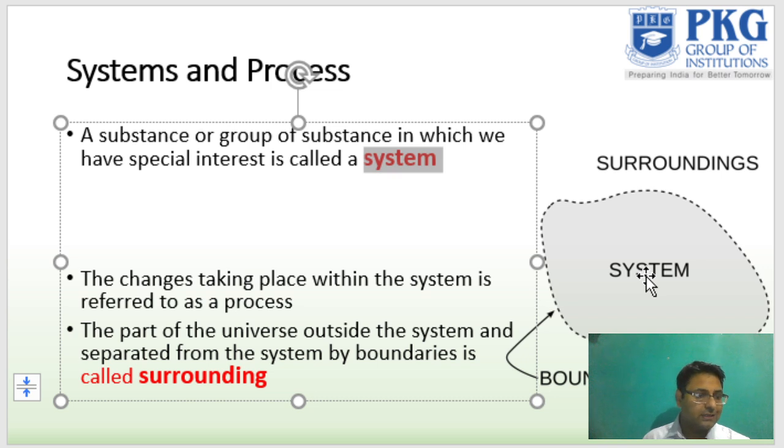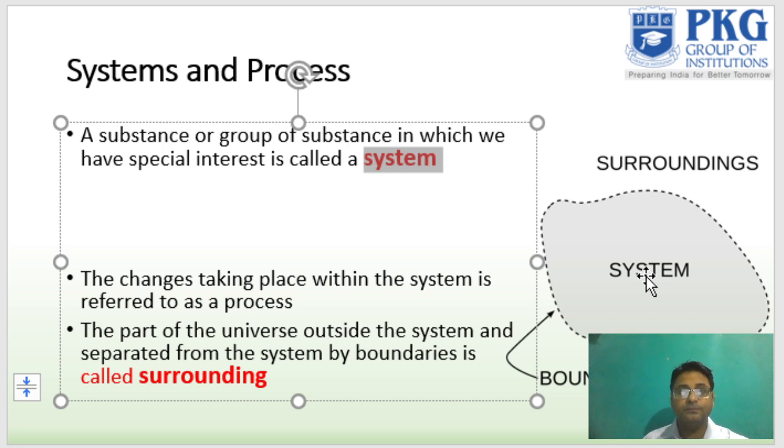The process: the changes taking place within the system are referred to as a process. Whatever is happening in this system is called the process. Thus the hydrocarbon fuel and the oxygen in a combustion chamber constitute the system, and the combustion of the fuels to form water and carbon monoxide constitutes a process. Okay,